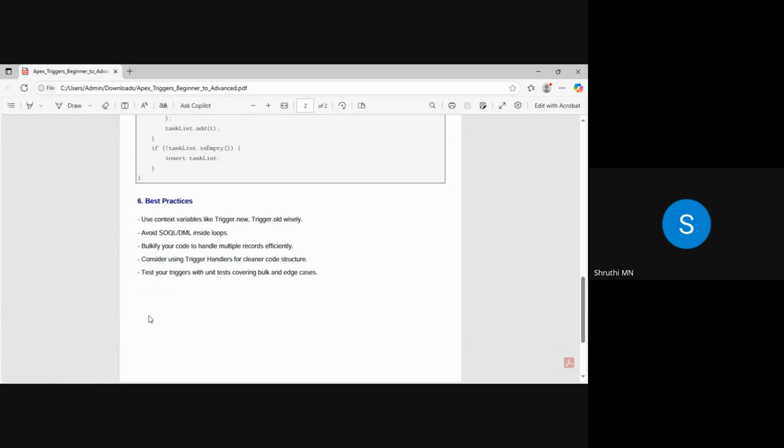Next we have: test your triggers with unit tests covering bulk and edge cases. That means if we write it with the triggers, it will be placed according to whatever we write. That means if the trigger is covered under the bulkified code, the final outcome or the result will be placed under the test scenarios, and then it will be placed according to whatever we want. So this ends my